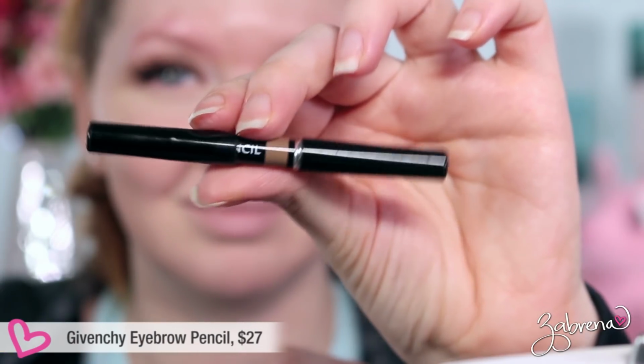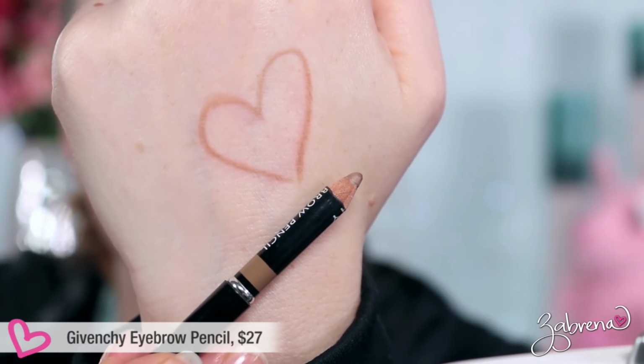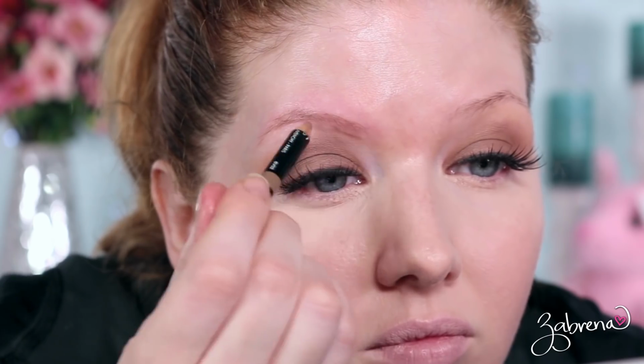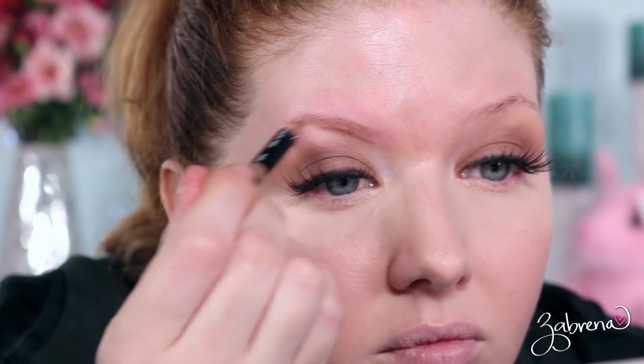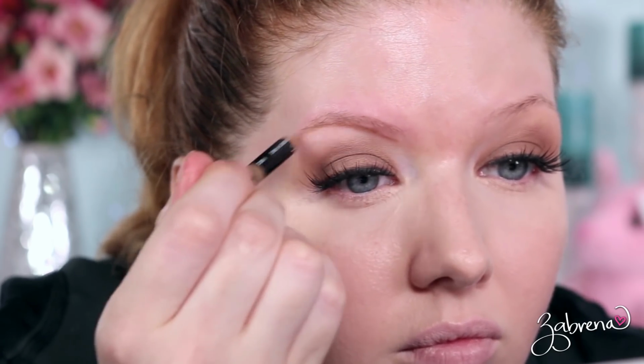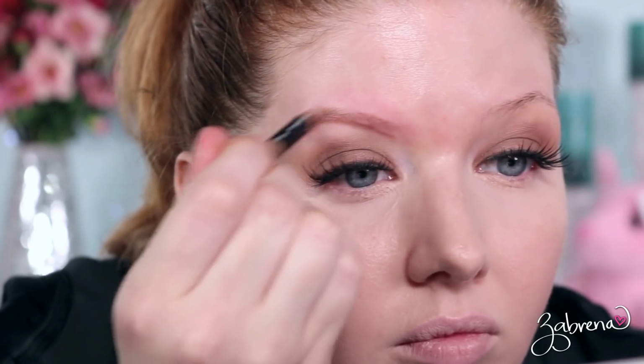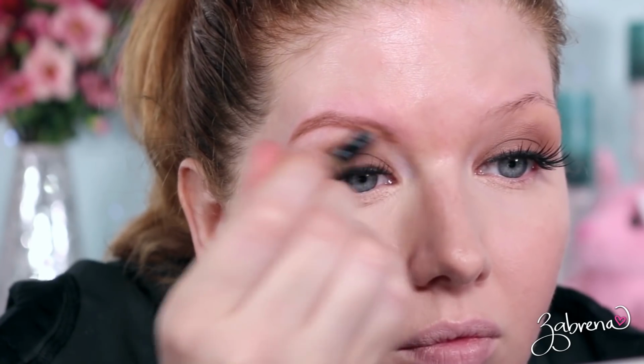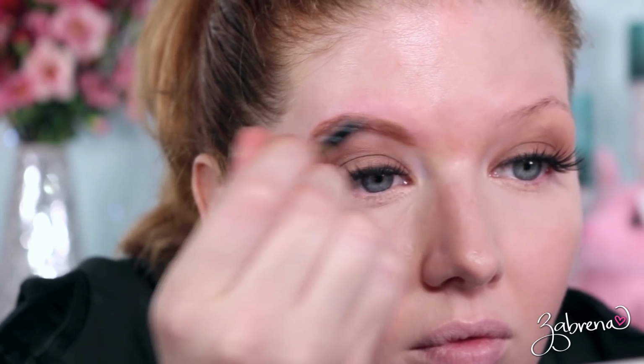The shade that I'm showing you here is Blonde. Unfortunately, there's not a great shade range with this one. You only get a choice of brunette, blonde, and dark brunette, if memory serves me right. So that's a bummer. And when I initially got the blonde shade, I really didn't think it was going to go that well, but it tends to pull very red,